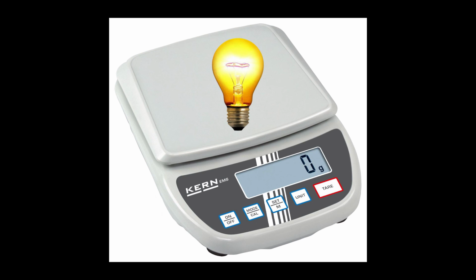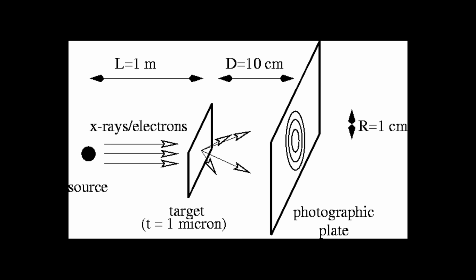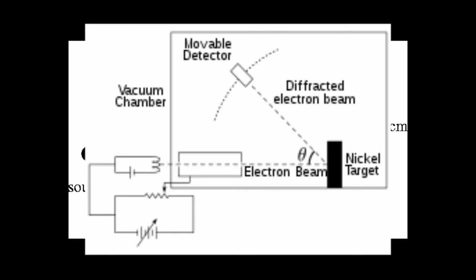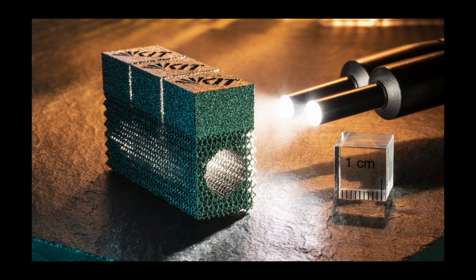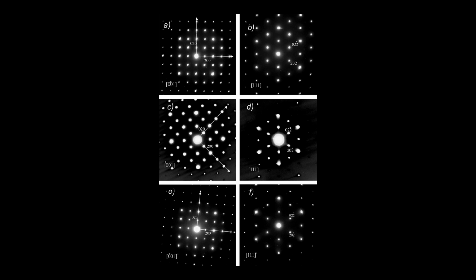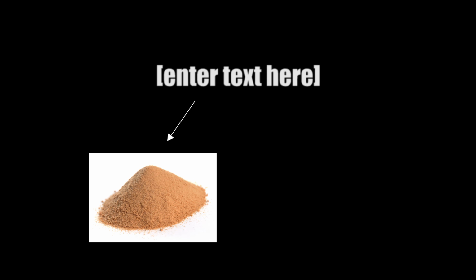With light, due to relativistic effects, although it has no mass, it still has momentum, which is described by the equation shown. De Broglie's hypothesis was later confirmed by George Paget Thomson's cathode ray diffraction experiment and the Davisson-Germer experiment. These experiments showed that not only light experiences this wave-particle duality, small particles like electrons also exhibit this property. In the experiment, electrons were beamed at different pieces of metal, and they produced diffraction patterns on the screen. This proved de Broglie's hypothesis to be correct, and that anything is both a particle and a wave.